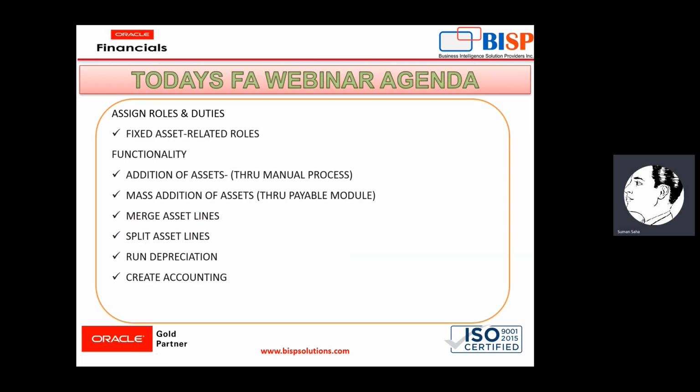So today we will go through the fixed asset related roles. We will assign the roles and duties to the user, and then we will test the functionality, the addition of an asset through the manual process in the fixed asset module, and then we will create a mass addition process through the payables module. In that we will merge the lines also and split the asset line also, and run depreciation and create accounting. So first we will assign the roles and duties to the